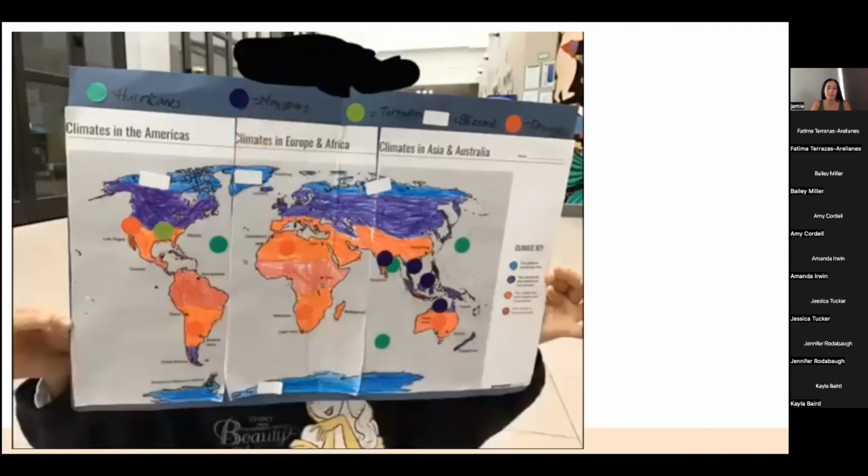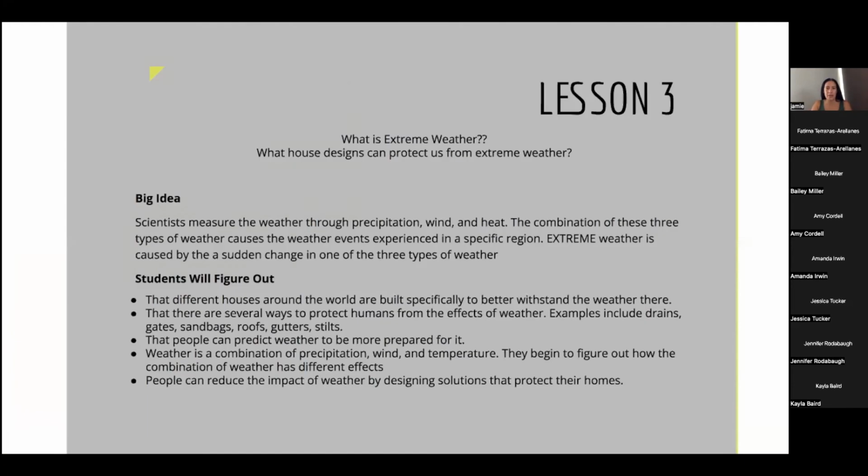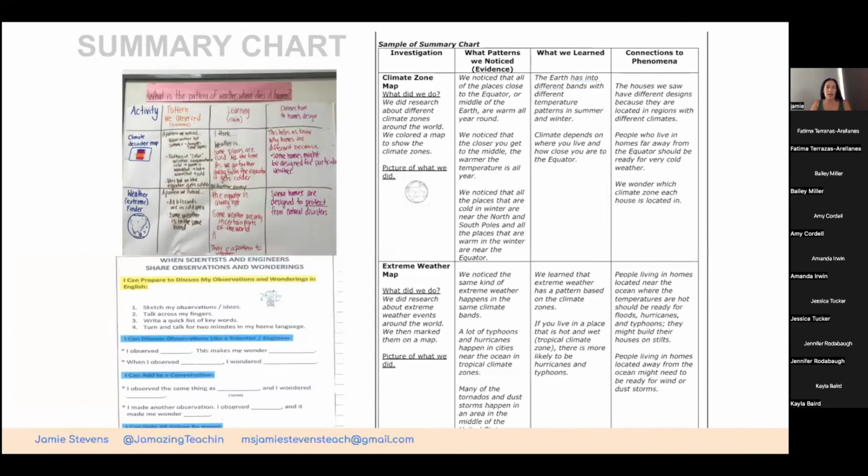And so again, that summary chart that we talked about last time can be typed up. It can be something that you have written out. And then as you talk and teach the students, you can be working with them